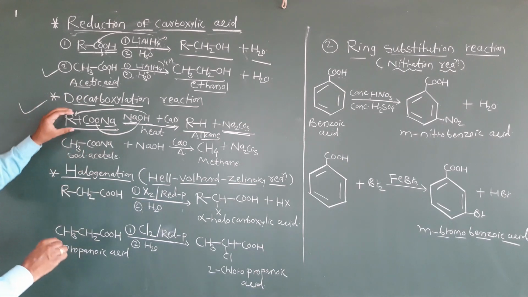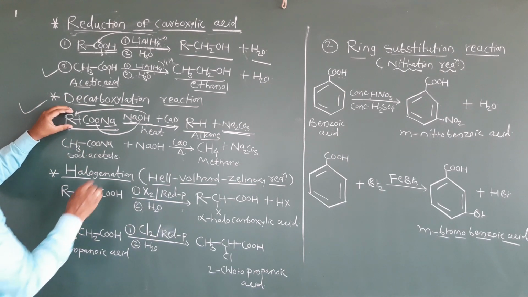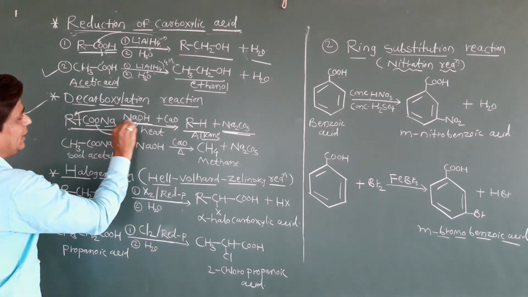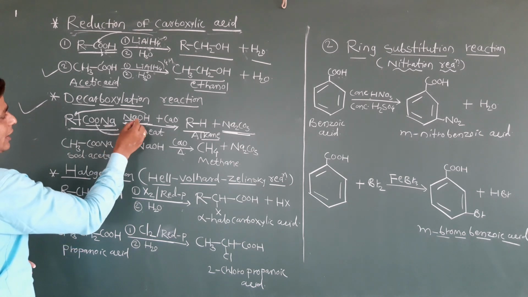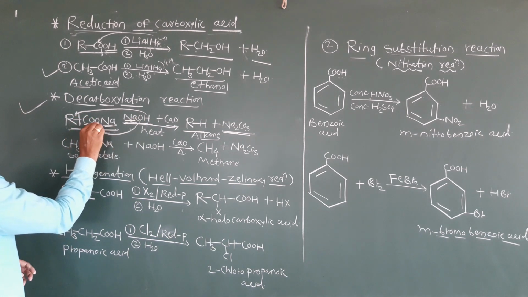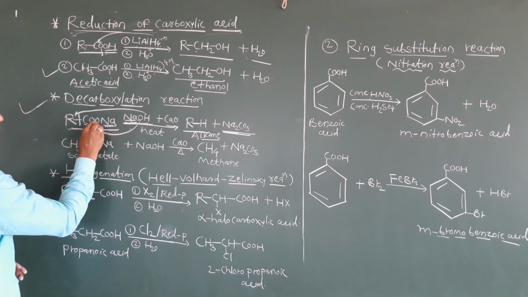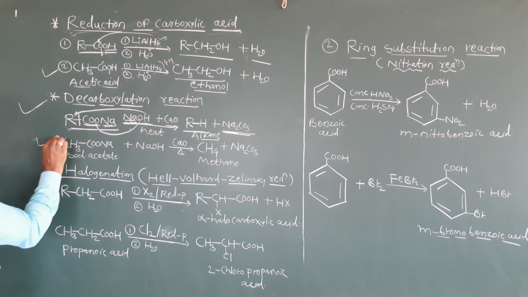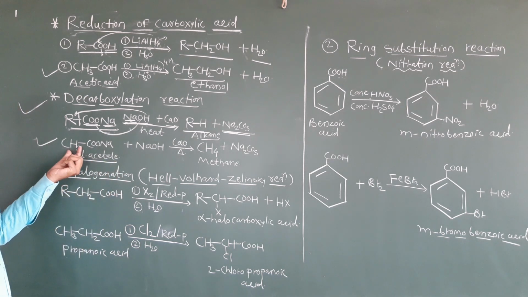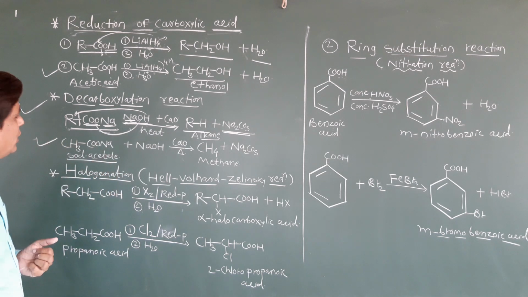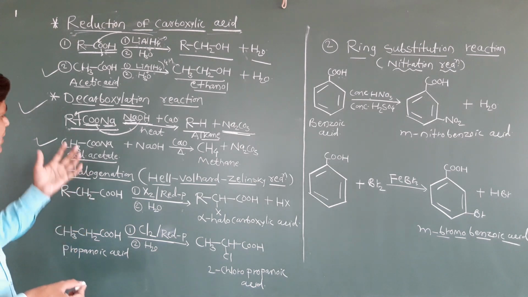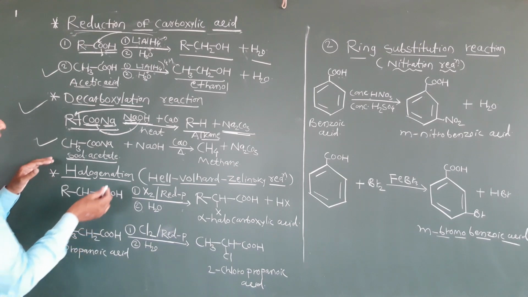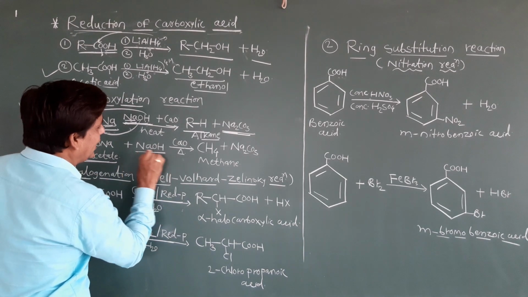Now clear students, this is decarboxylation, because it removes the carbonate group, sodium carbonate. How does carbonate get removed? When this sodium carboxylate reacts with NaOH, the bond breaks from here. So this Na and this Na, Na2, are removed, and the bond breaks here, giving this carbon, 2 oxygens, and one more oxygen, Na2CO3. And this H gets attached here. See the example. Here I have taken sodium acetate, CH3COONa. How will you get sodium acetate? You know that when acetic acid reacts with NaOH, we get sodium acetate. See here, sodium acetate will react with NaOH.